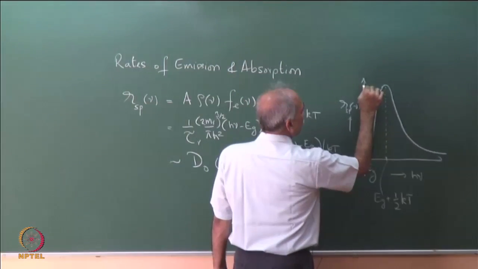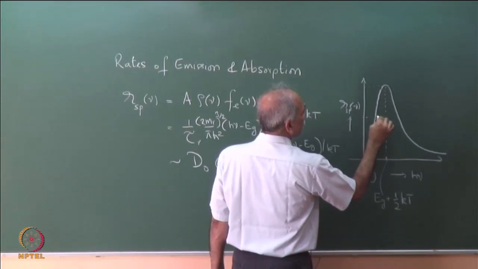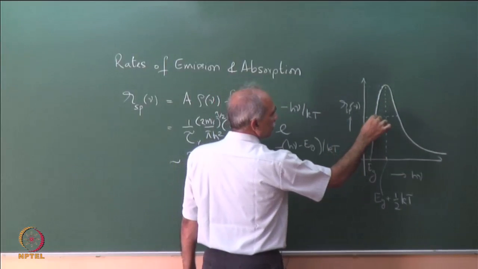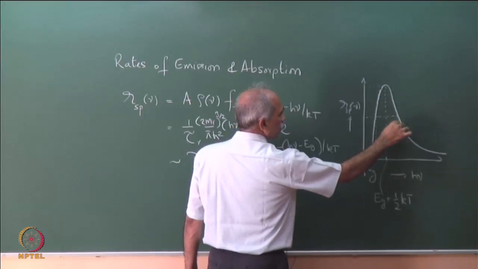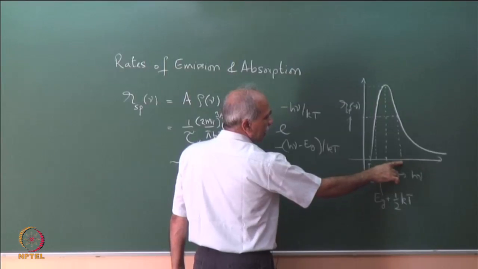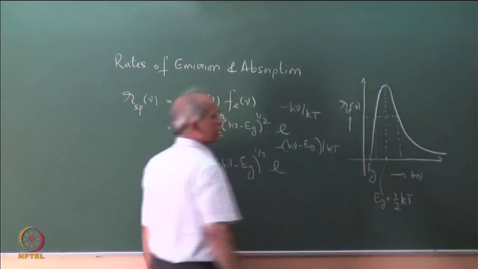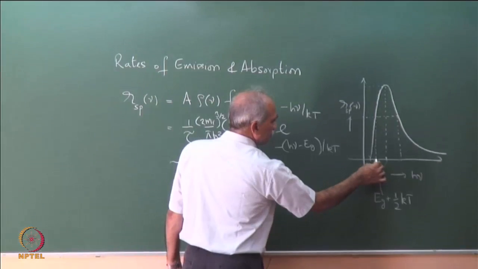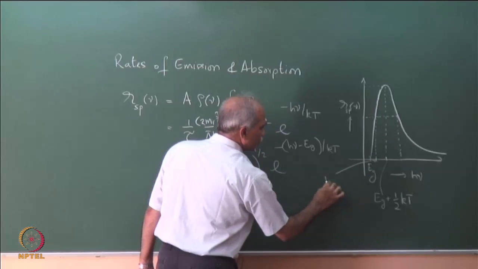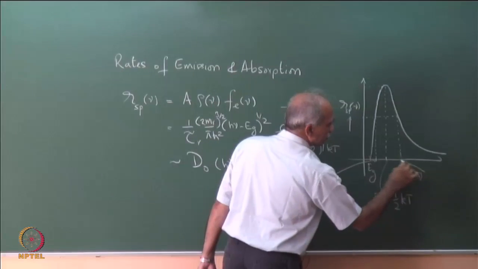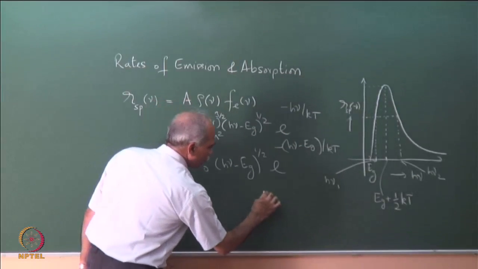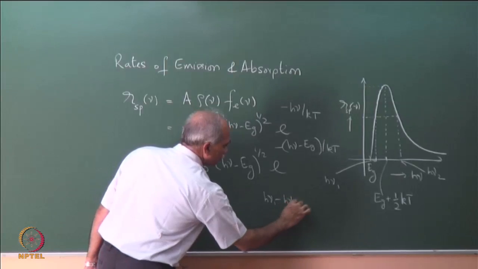I had also asked you to find the full width at half maximum. If this is the maximum, then half of it, you drop down and find the corresponding values of h nu 1 and h nu 2, and therefore you can find the bandwidth. Let us say this point here is h nu 1, and this end here is h nu 2, then we have h nu 1 minus h nu 2,